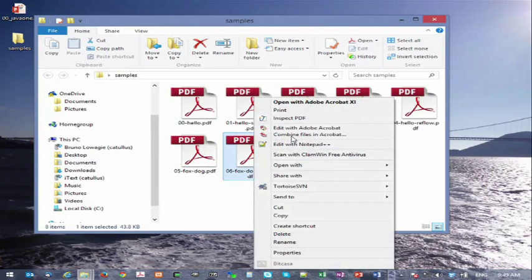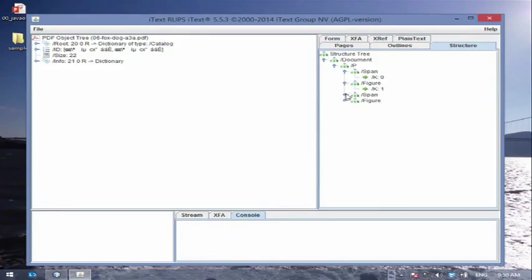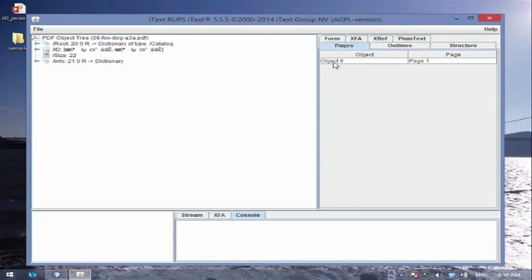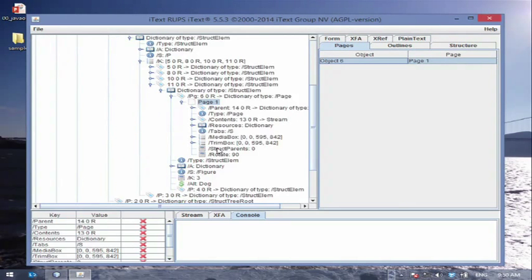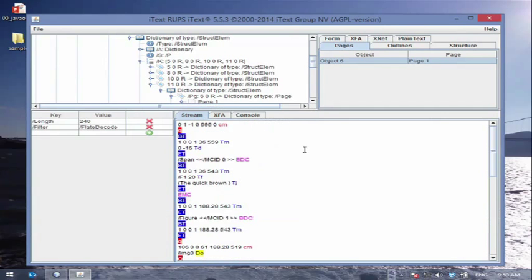Let's now look inside the PDF with the tags. Immediately when we go to structure, we see the same structure we saw before in Adobe Acrobat. And we see that there's a sequence, 0, 1, 2, 3. And if we go to the page now, so we go inside and we go to the contents, the stream. Yeah, we now see, let me enlarge this.